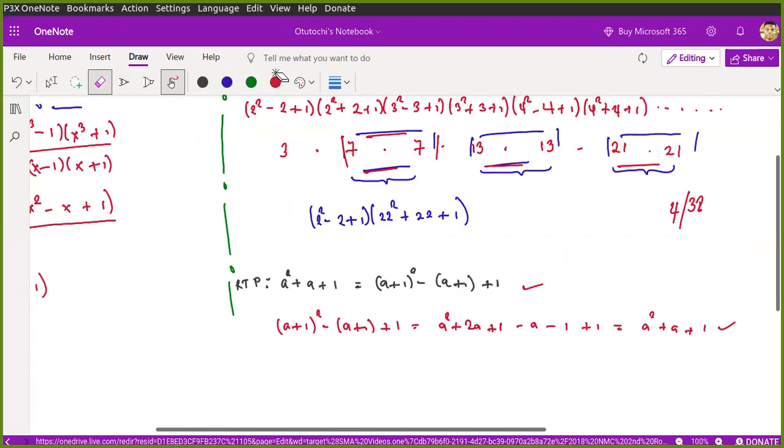So like I said, at this point, all we just need to check for is 2 squared minus 2 plus 1 and 22 squared plus 22 plus 1. So we just need to check for this, like I said. So let's do that. So 2 squared minus 2 plus 1 and 22 squared plus 22 plus 1. If this is a perfect square, then we are done. Is equal to